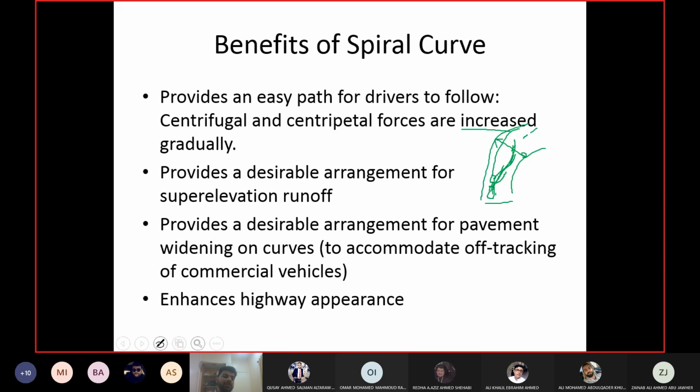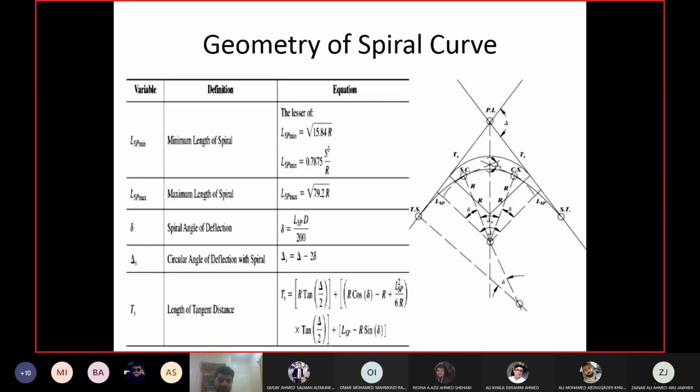And one last point which they are saying here, I haven't observed it. I don't know if you guys have ever felt it. I don't think anybody is bothered about that, but they have mentioned that it enhances the appearance of the highway. So the highway looks more beautiful with a spiral curve as compared to without one. But obviously, who cares? Who is paying so much attention to the highway? We have other things to do. We have our own mirror, right? If you want to look at beauty, we can look at ourselves, right? We are the best creation of God.